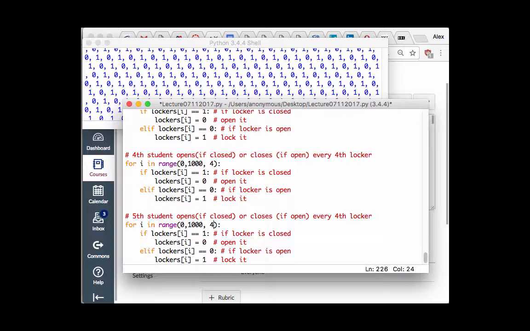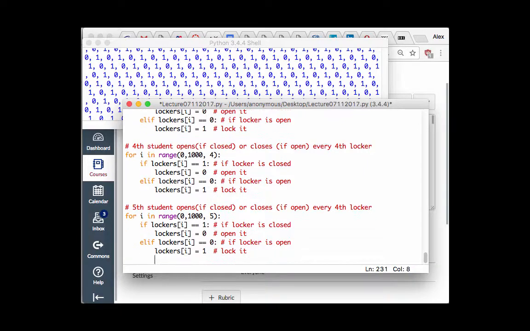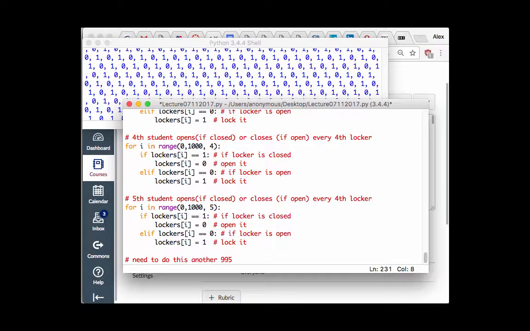4 to 5. All right, so next one is, right, I need to do this. Need to do this another 995 more times, right? I'm not going to copy paste this thing 995 times. Too much work. What if I have 1,000,000 lockers? Even more work. So what I am going to do is write the thing for the 1,000